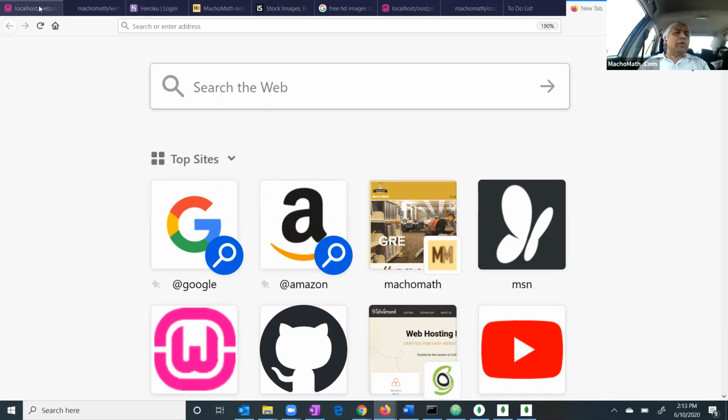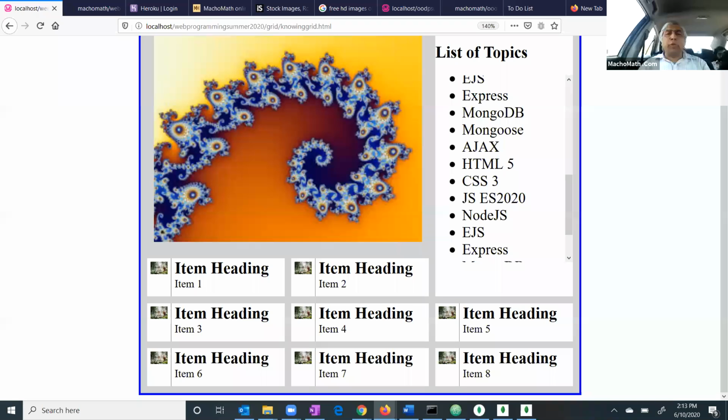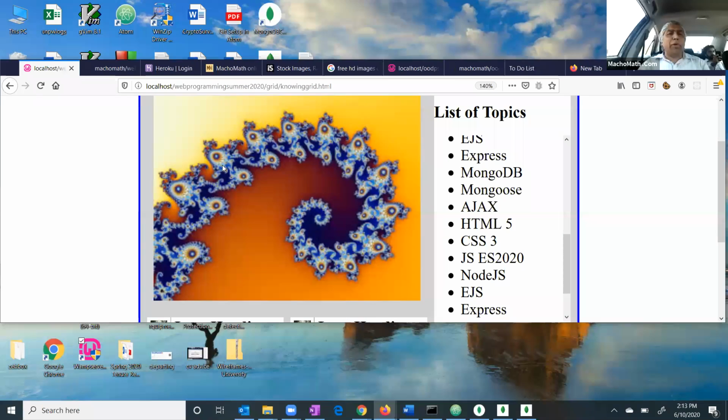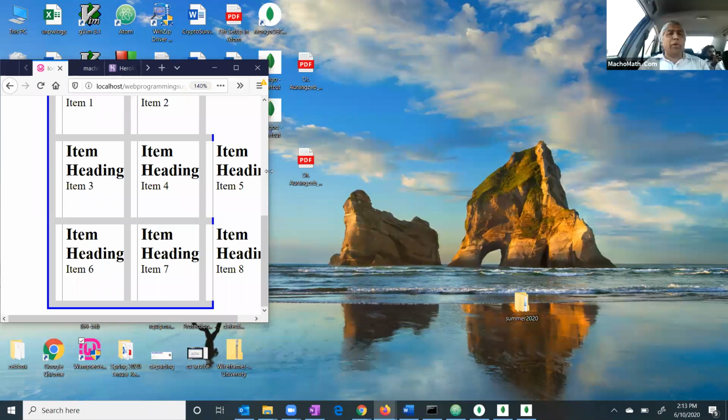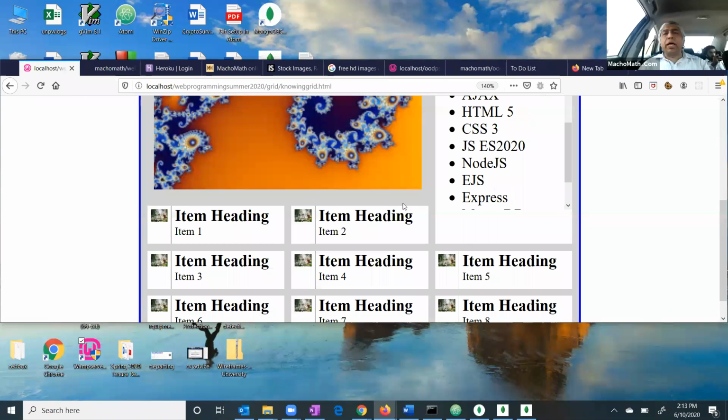So now the deal here is that we want to make it responsive. For example, on a smaller screen, let me reduce this width. Say I am on a smaller screen, so I don't want to have this many contents on the screen, because they would not look good. They are cramping with each other. So I want that as I reduce the width,